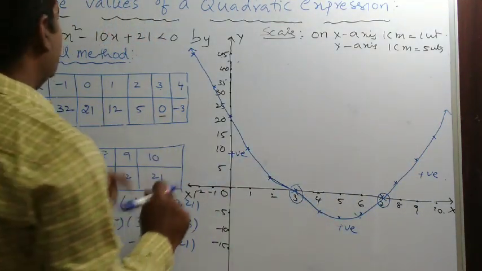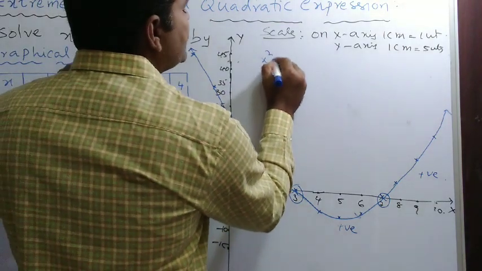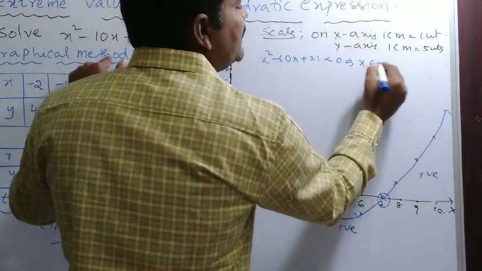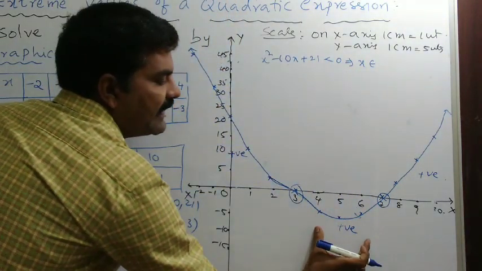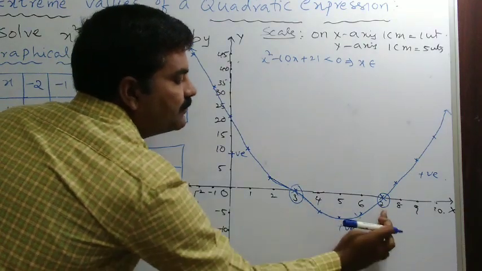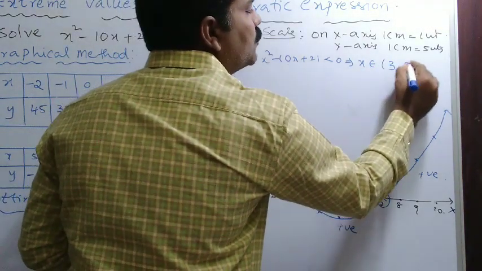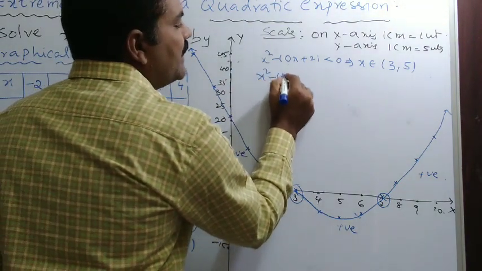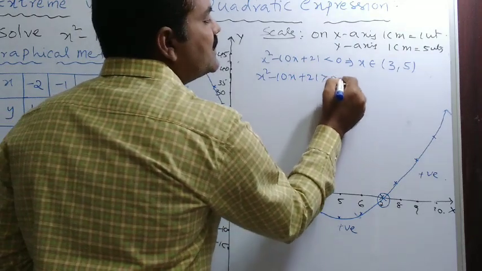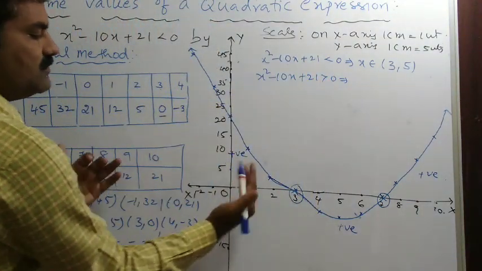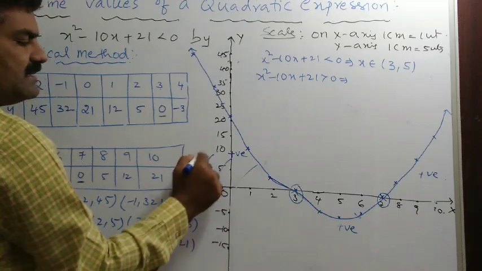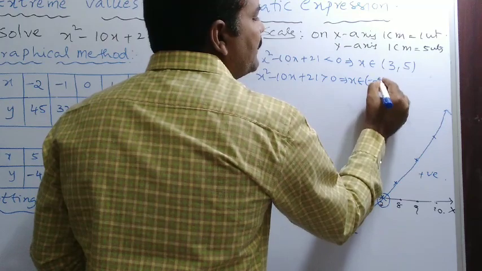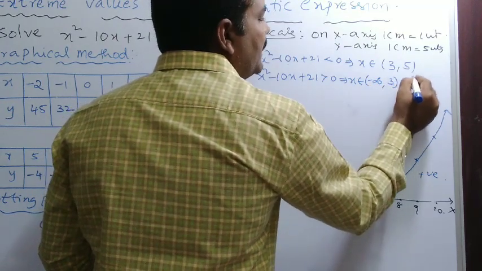Now clearly, for example, if you want x square minus 10x plus 21 is less than 0, can you tell me when it is less than 0? Yes, below the x-axis, that is in between 3 and 7. Hence I can write x belongs to the open interval 3 comma 7. Similarly, when x square minus 10x plus 21 is greater than 0, it is positive. Where is it positive? See, this entire region is the positive part. That is x belongs to minus infinity to 3 union, isn't it?